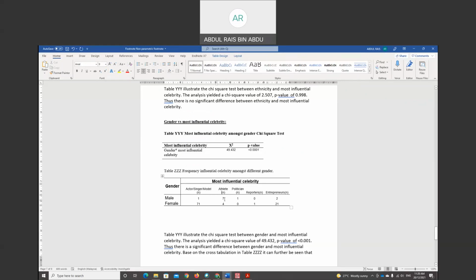Kan find this SPSS ni didapati male cenderung untuk lebih dipengaruhi oleh atlet dan juga ahli politik. Surprisingly. While females are more inclined to be influenced by artis lah, sama ada pelakon, penyanyi dan model. Dan juga usahawan-usahawan berjaya dan juga